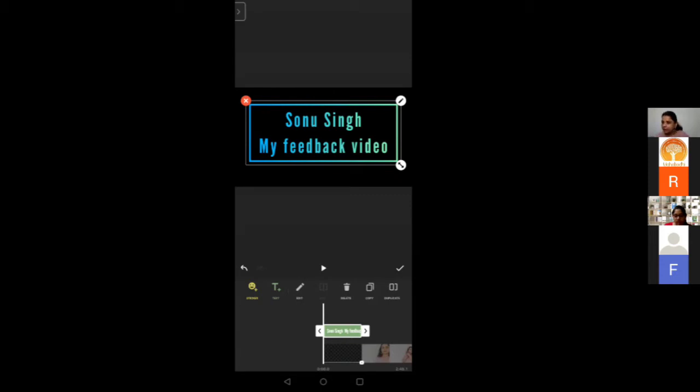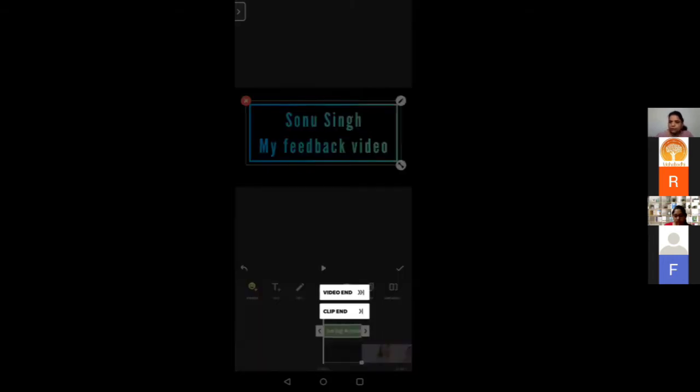Now you can do one more thing: once you see that text on that bar, आपको एक left arrow and एक right arrow दिख रहा है, right? So now you just go and click on any of the arrow. Can you see a video end and a clip end appeared? So over here, if you want this text to be appearing throughout your video till the end, you click on video end. But if you want only this writing to appear till a particular clip, like if you have 2-3 clips joined together, कि आपने 2-3 छोटे-छोटे clips join करे हैं, and you just want that this writing should appear to a particular clip, you can just click clip end.